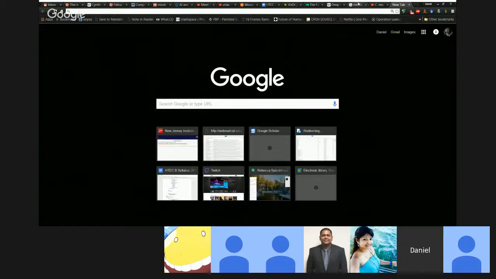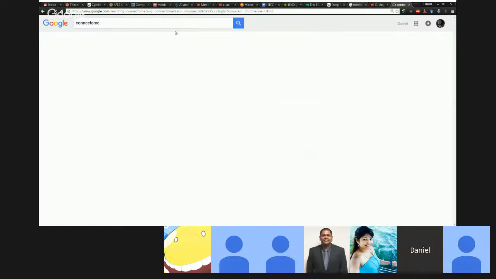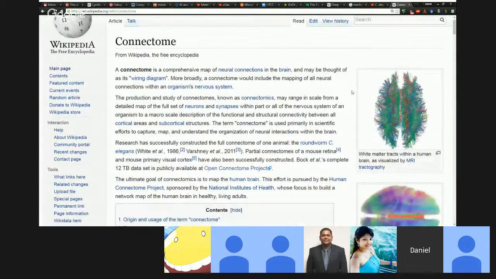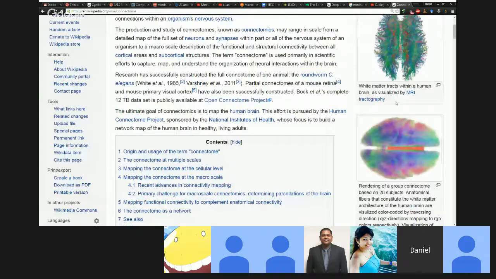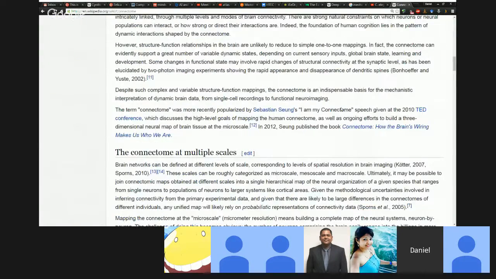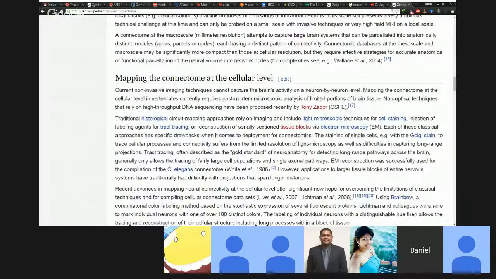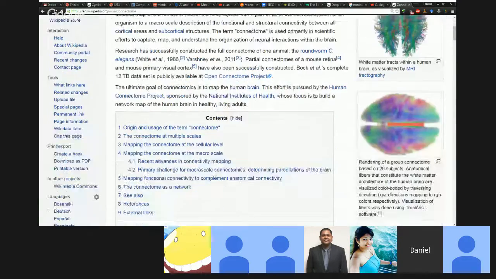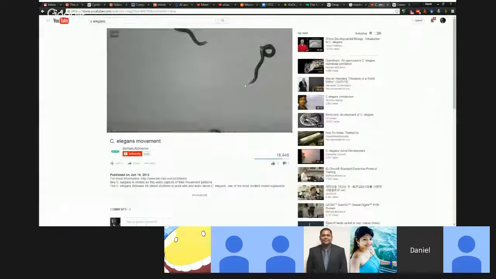The connectome is the wiring circuit for the brain, for the neural architecture, right? Where are all the neurons and how they all hook into each other, and how those neurons hook into the muscles and the rest of the organism. So for a human being with trillions of neurons, this is very difficult to do. But C. elegans only has like 350 neurons. And we know exactly where all those neurons are in its body, and we know how it hooks up to the rest of the machine.